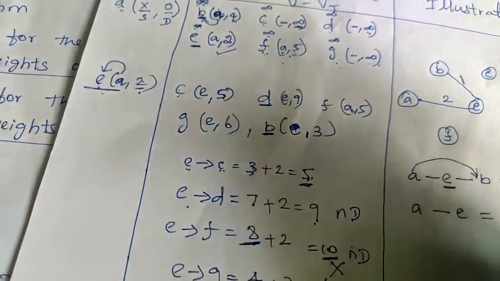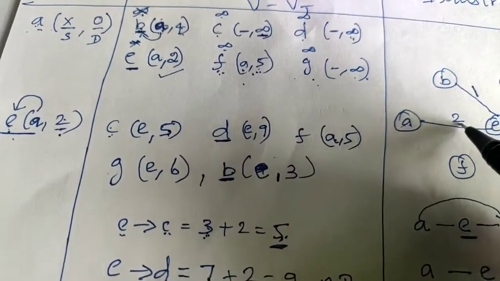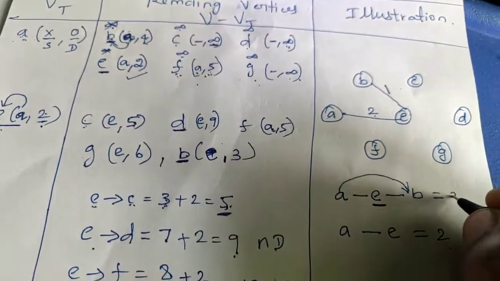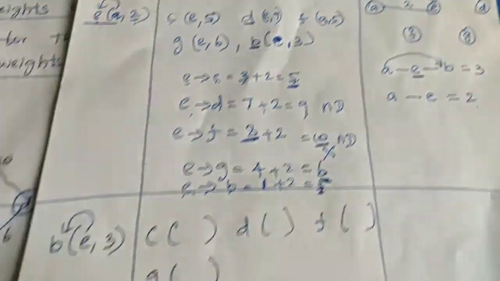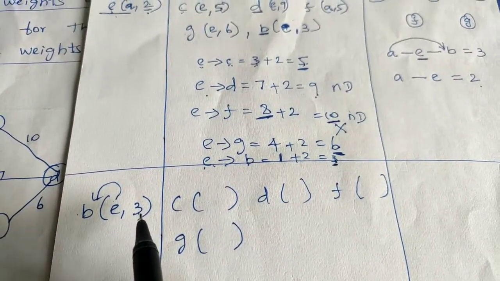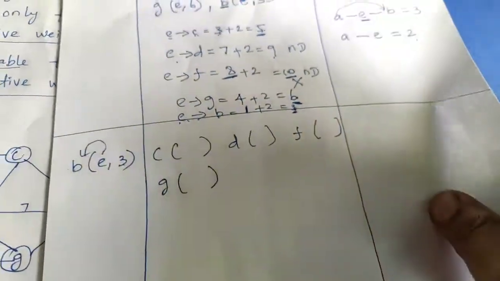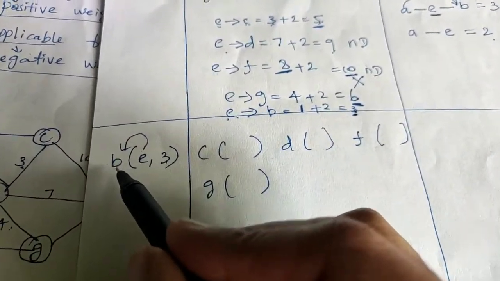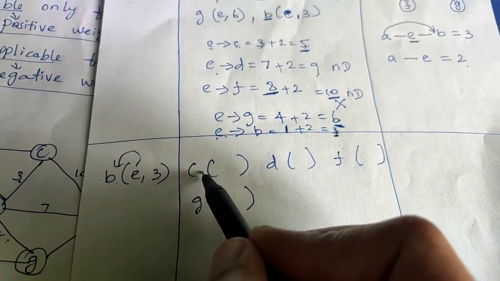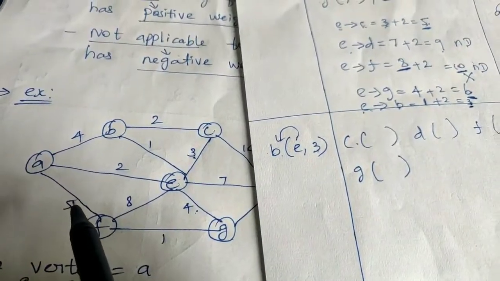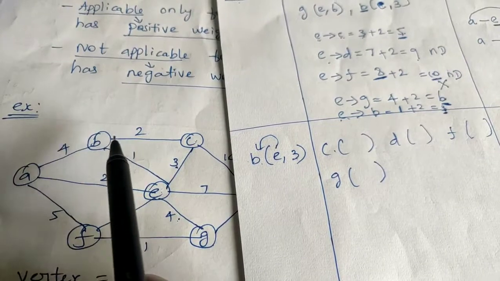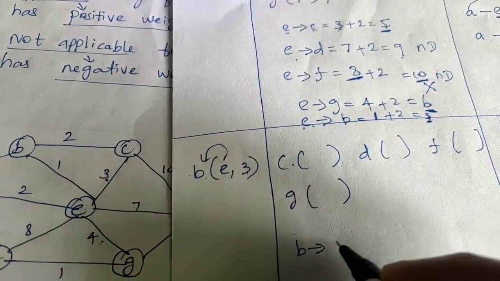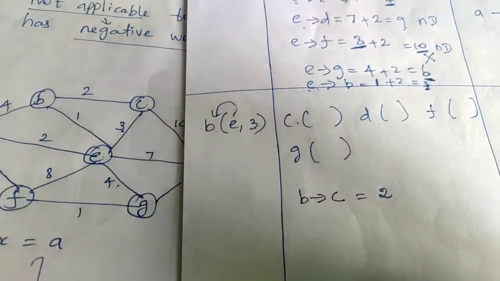So what is the total distance? A to E is 2. E to B is 1. So 2 plus 1, it is calculated as 3. That is what the distance what we have here. So similarly we are going to find out the next minimum distance. So try to visit from B to C. B to C in your graph I have the direct edge, that is 2. See, B to C I have the edge value as 2.